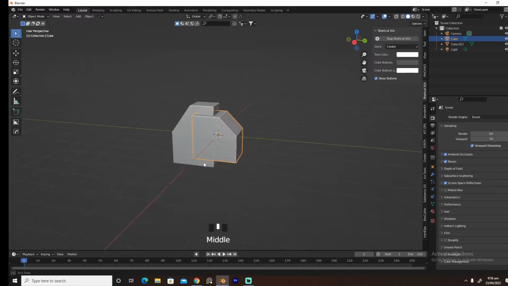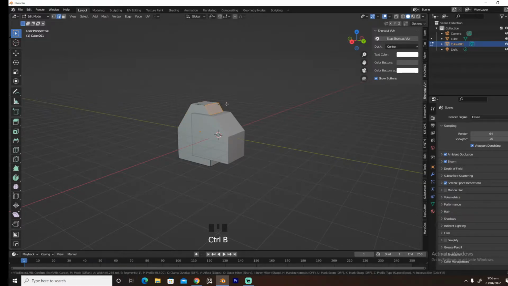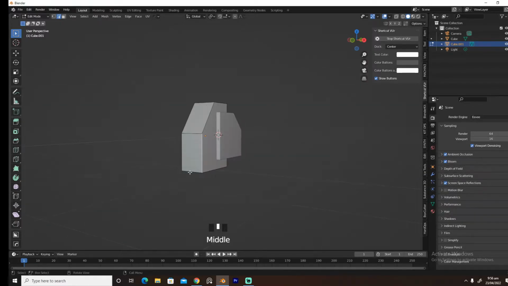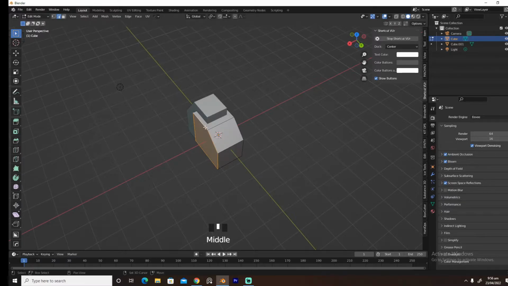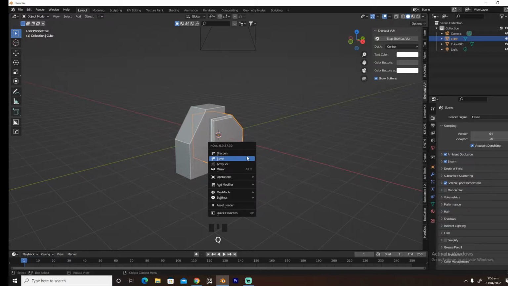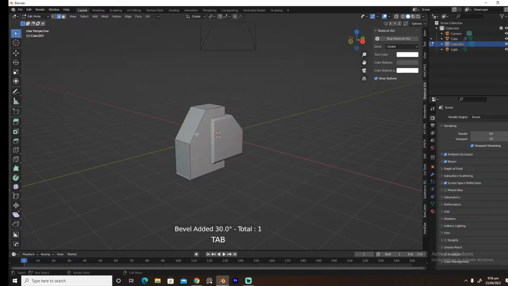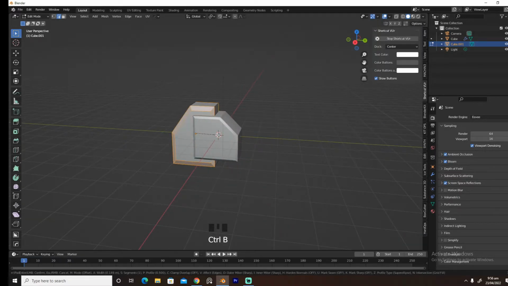And let's select this guy, select both of these and bevel this, and let's bevel this, and Shift and left Alt and select both of these and Control B this just a little bit, so we